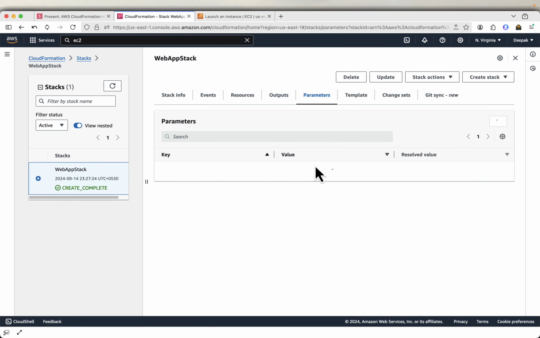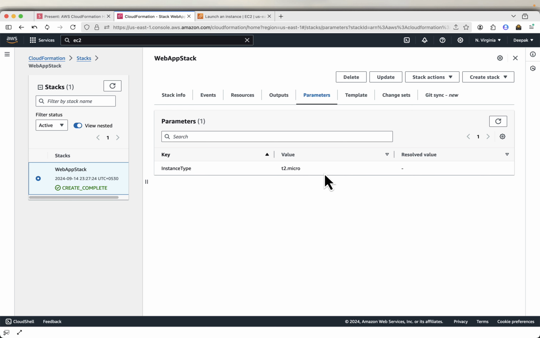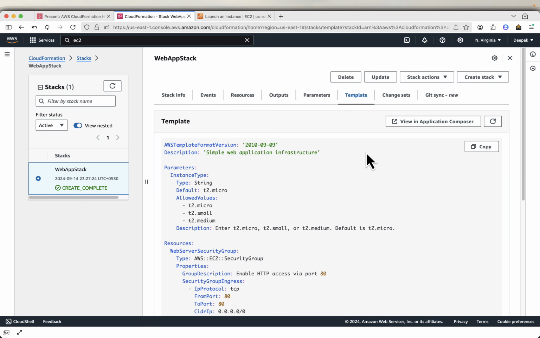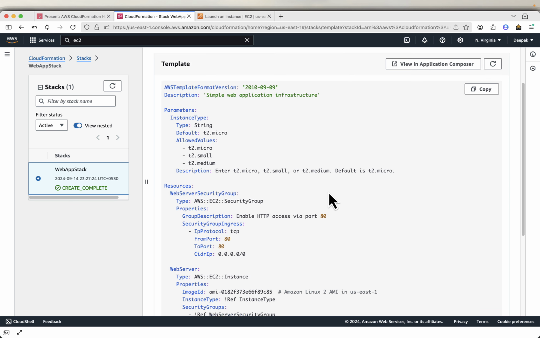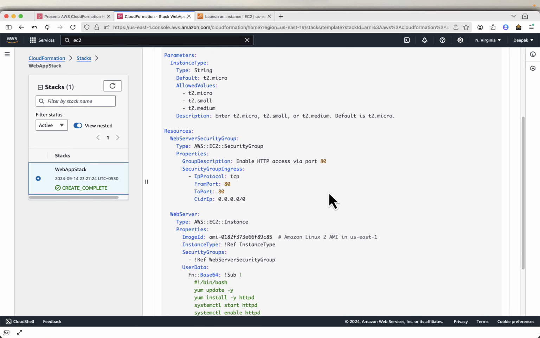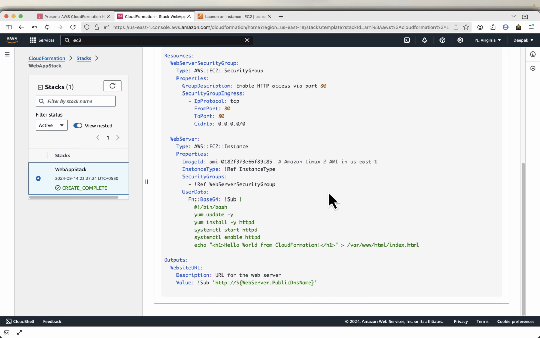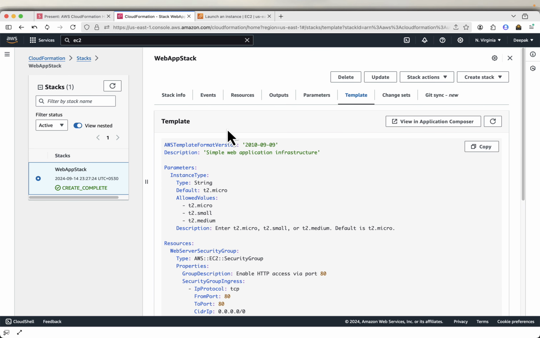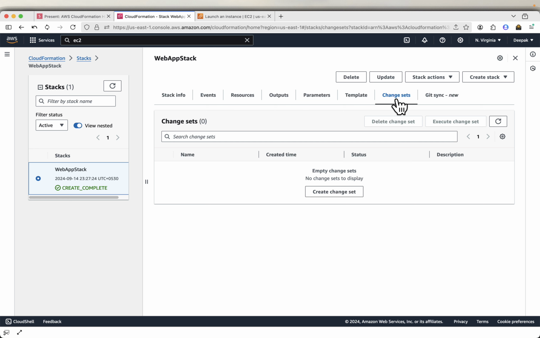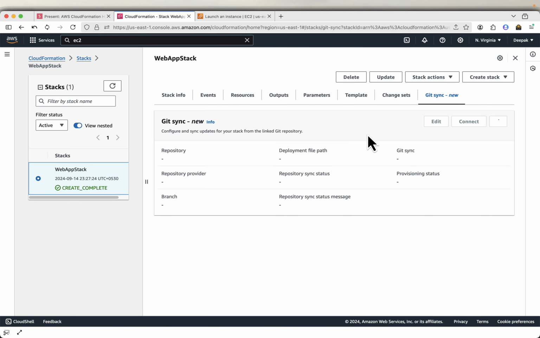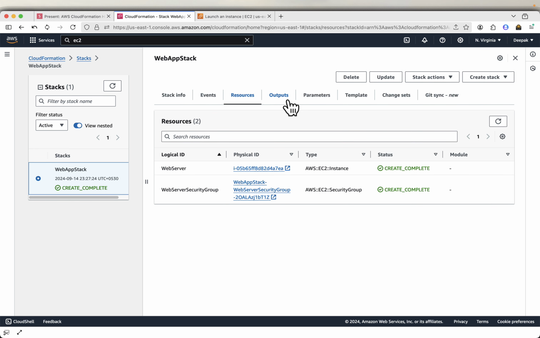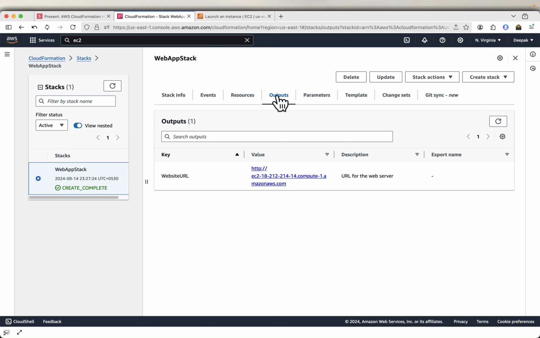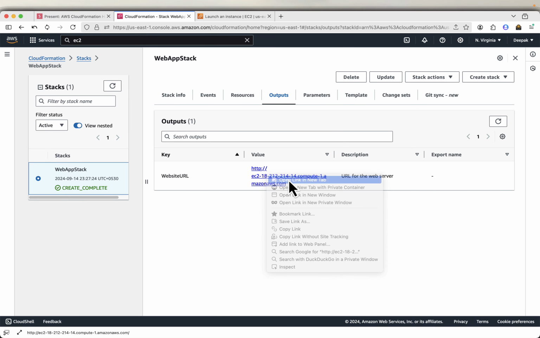Then if there are any parameters, so instance type T2 micro, and this will show the whole template. So in case somebody else in your team has created a CloudFormation template or created a stack, you can just check out the template from this template tab, and then change sets, and then git sync. So anyway, resources we have checked out, and then if you go to outputs, you can just right click this